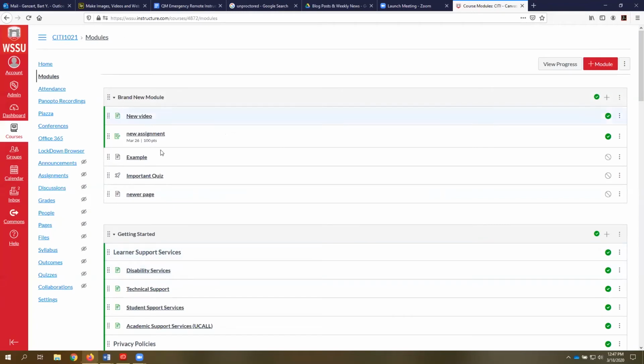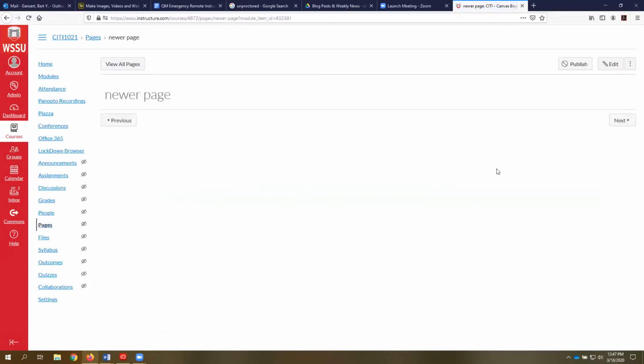Anytime you create new content in Canvas, it goes to the bottom of the page, and once again, you'll see it's not published. Okay, so I'm going to go to newer page, click on it. When I make a new thing in Canvas, it is just a placeholder. So I have to go and put content in it. I go to edit, click edit,